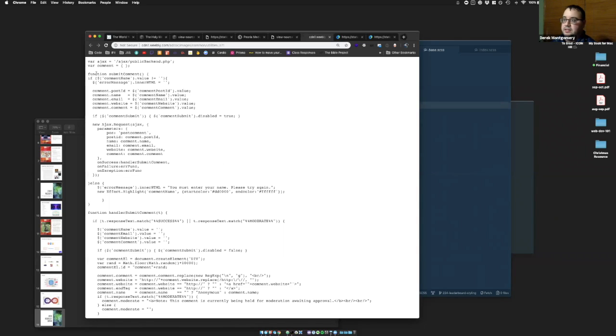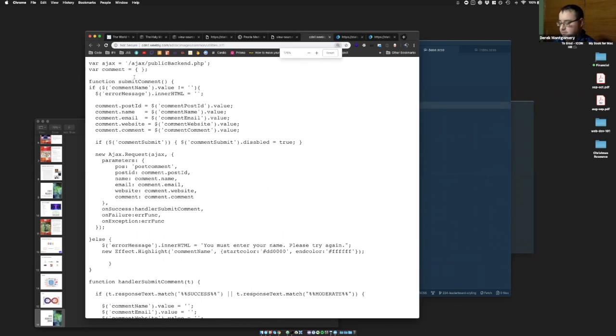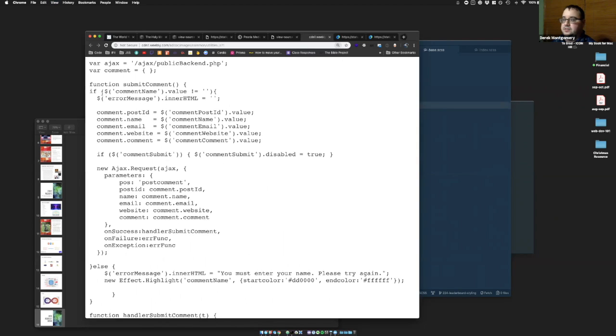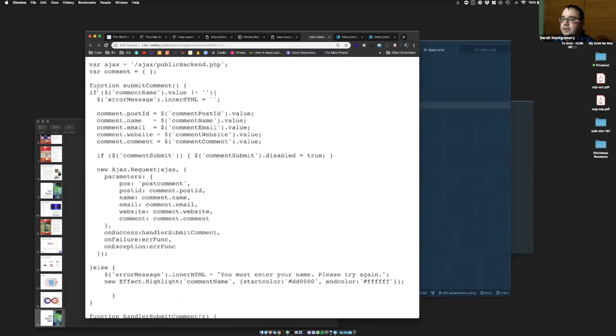So it does things like when somebody submits a comment, what should I do with that? And what Justin's JavaScript here is doing is it's saying if some field that they entered a comment into, if the value of that is not blank, this exclamation equals means not.